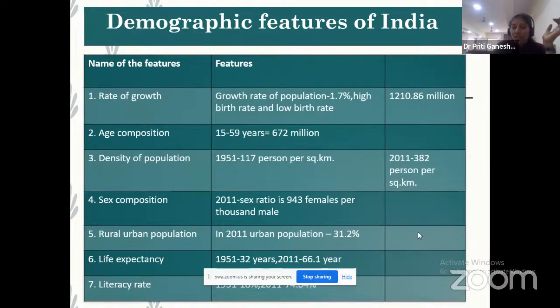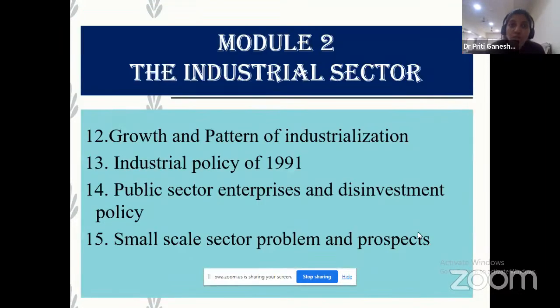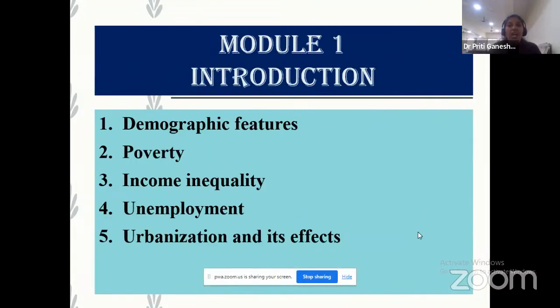In the 75 marks bifurcation, you also know that 15 marks are objective. In this, 8 marks are fill in the blanks, that is MCQ, and 7 marks are true and false. So 8 MCQ plus 7 true false, 15 marks of objective will come. According to me, your first target should be to score 15 out of 15 marks in MCQ and true false. So the first question comes: madam, I want to score 15 marks, what do we have to do? Yes, for that you don't have to do any other extra work.